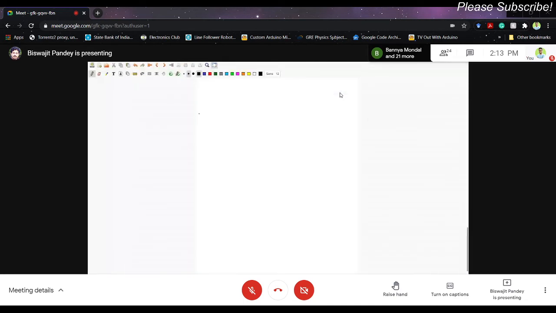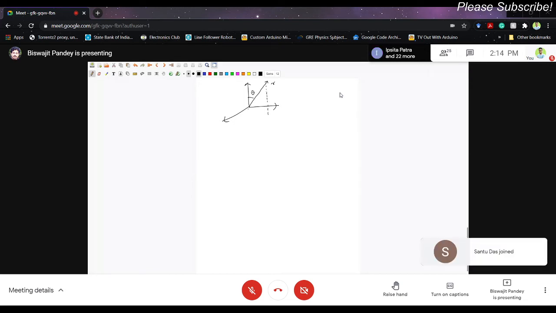How do we get that? Because if you go to spherical polar coordinates, you have this to be r, and then this is theta, and if you project, this angle is phi. Let us call this x, this is y, this is z.